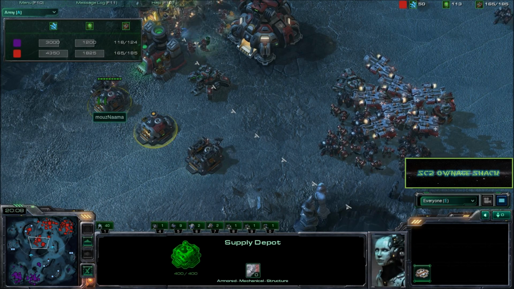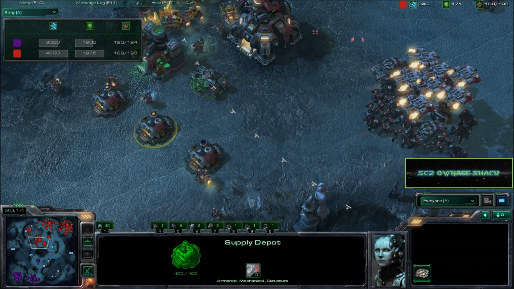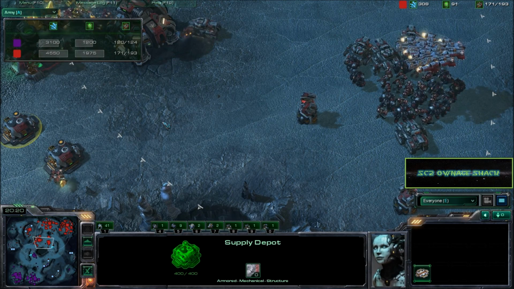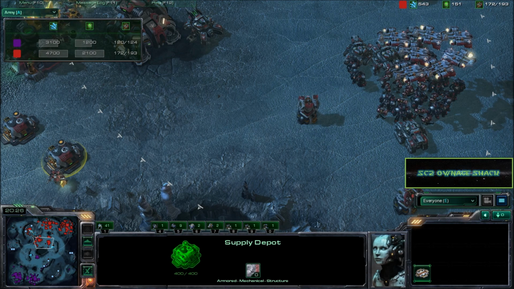Even putting down some supply depots here. This is not because he's supply blocked. It's actually just a measure to keep your siege tanks safe. These can actually sometimes clump up those zealots more when they charge in. So pretty good play. Sometimes you see bunkers going down,